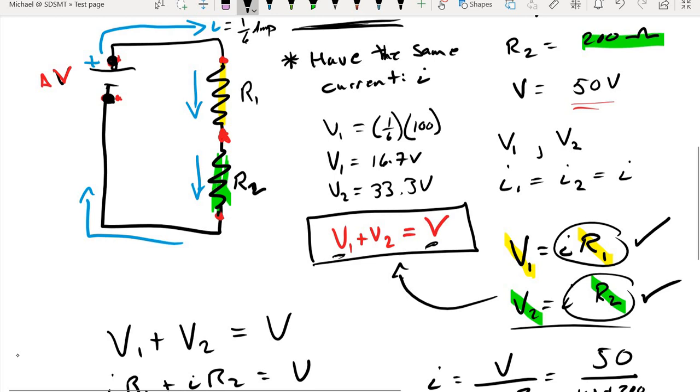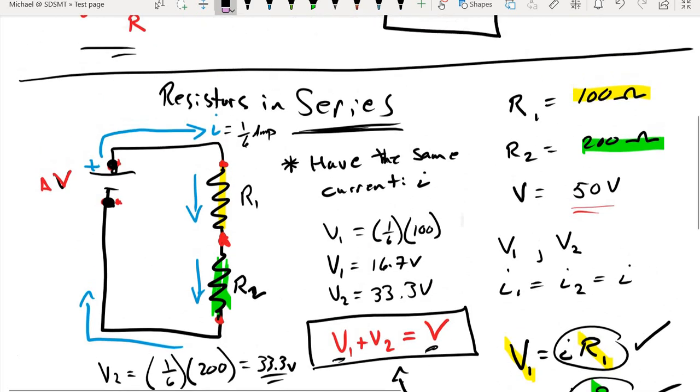And so what's left over is 33.3 volts. And we can confirm that by taking our equation for V2, plugging in the current that we solved for, and then multiplying by resistor 2, and, well, lo and behold, we do get the 33.3 volts. So that's a very basic